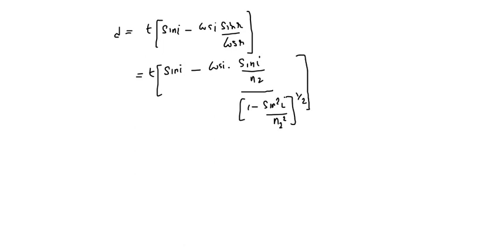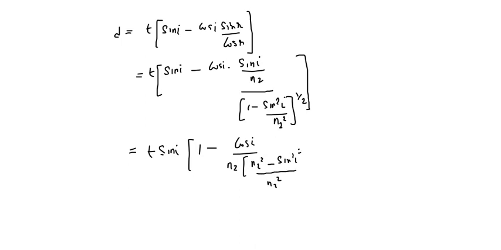right? So we will take sin I common from here. If I take sin I common from here, t sin I, 1 minus cos of I by n2 square minus, I will take LCM here, sin square I by n2 square to the power half, bracket close. So you see the square root n2 will come out, so we will get d equal to